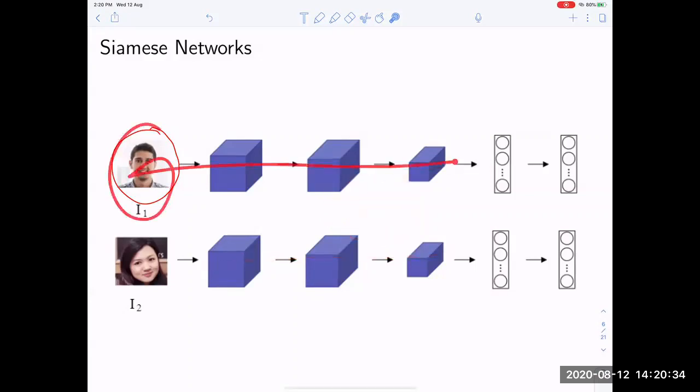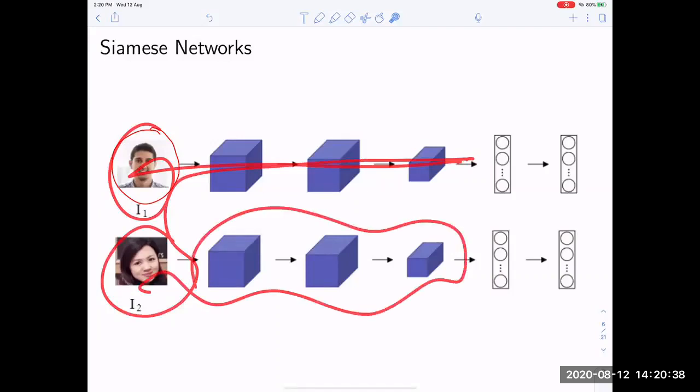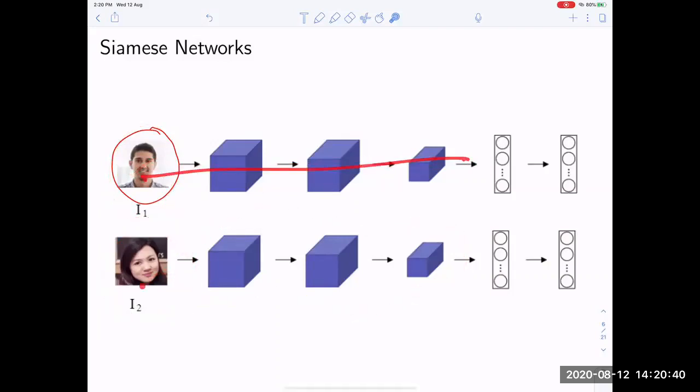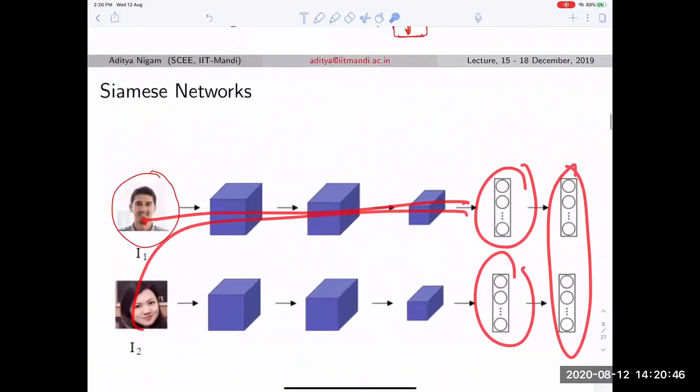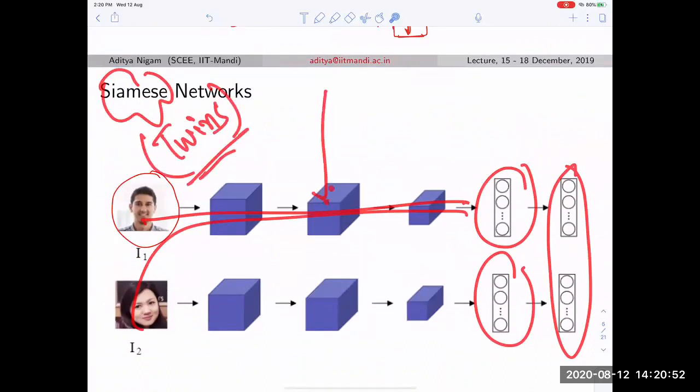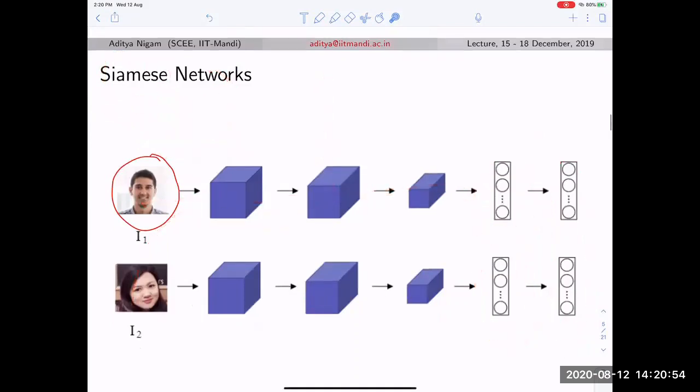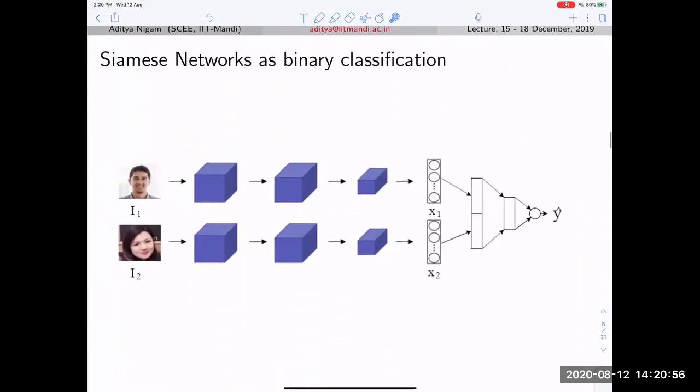You take this image, get the forward pass, you take the other image, get the forward pass. It's just being shown as another leg, but you are essentially passing through here as well as here. You get feature number 1 and feature number 2 and find the distance between them. That's the Siamese network. The meaning of Siamese is twins. So that's why it's a twin network with shared weights, identical networks.